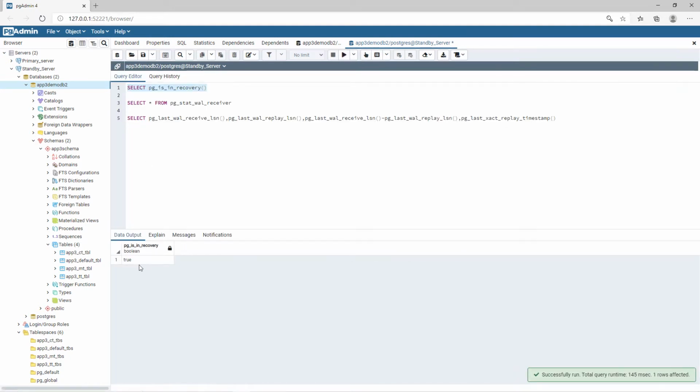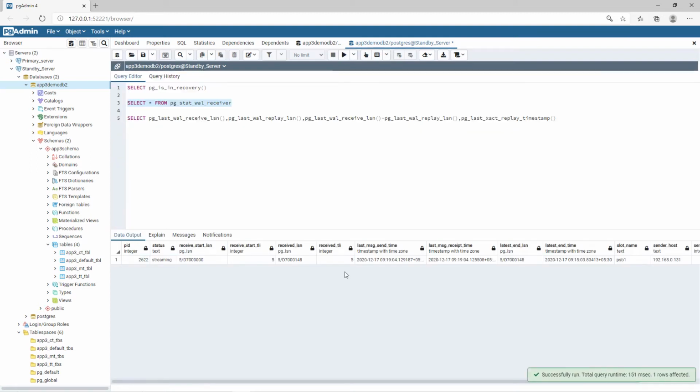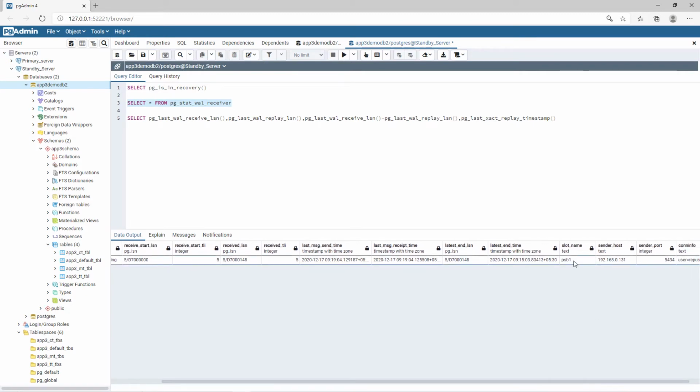Okay, and you can see the statistics of your WAL receiver. If you go here, you can see the physical slot name here, that is PSB1, and you can see your master server IP address, as well as the connection info over here.